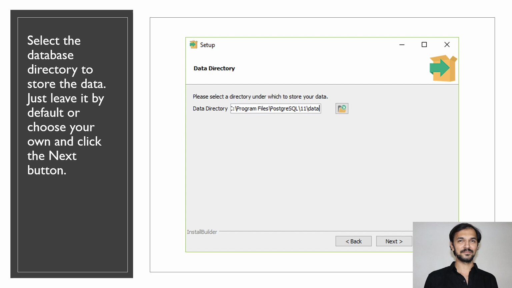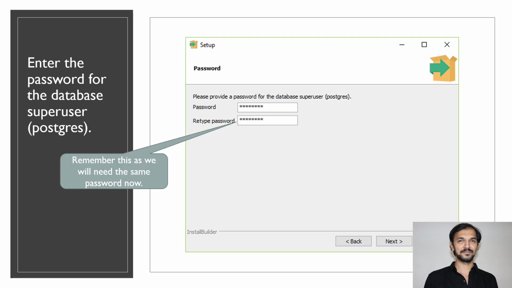Then the next wizard step asks for the data directory. You can still go ahead with the default option, that's absolutely fine. This step is particularly very important. Here you have to enter a password and remember it as well, because it is required for execution. Whenever you open pgAdmin, this password should be entered first. Then only you can use pgAdmin. So remember this password as well.